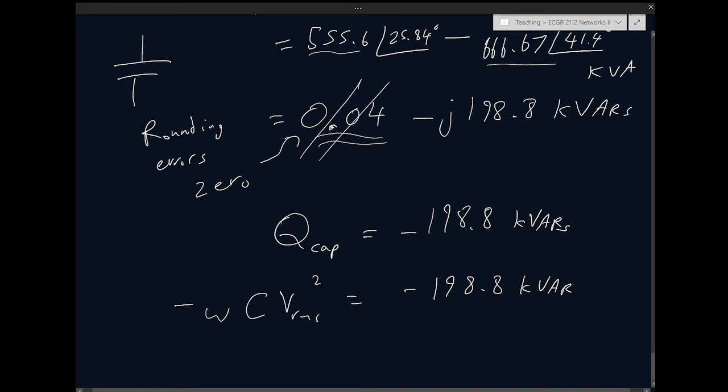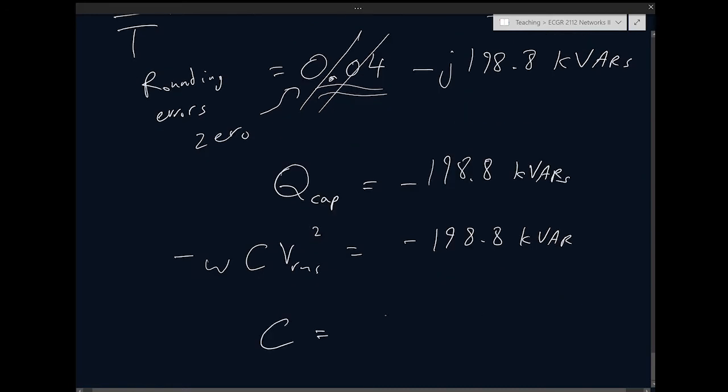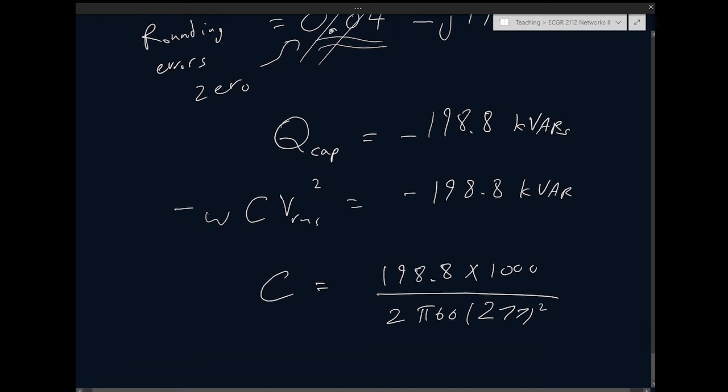And we just have to do the math now. So C is 198.8 times 1000 over omega, which is 2 pi 60. The frequency of the line is 60 hertz. And then VRMS squared, which is 277 squared. So if we do this calculation, we end up with the capacitor that is needed to improve the power factor from 0.75 to 0.9 being 6.87